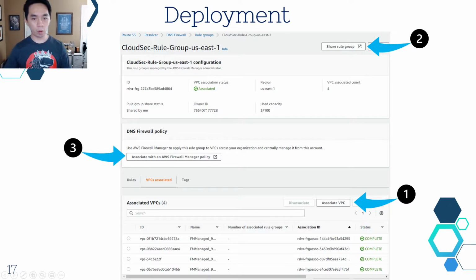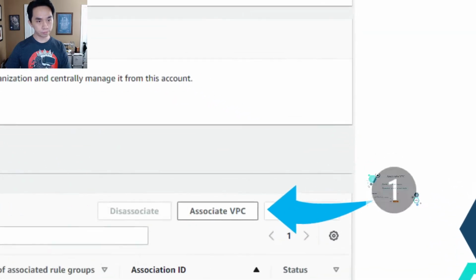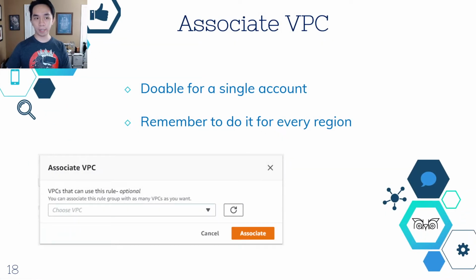So the first approach is to just go into your rule group and click Associate VPC, right? This is a manual process. So I would say it's doable if you have a single account, because you have to go into every single region and do this. It's manual. Well, you can also do it through the API, but it's cumbersome.